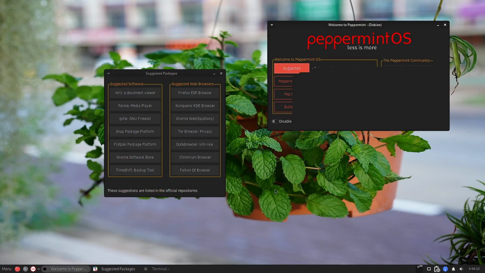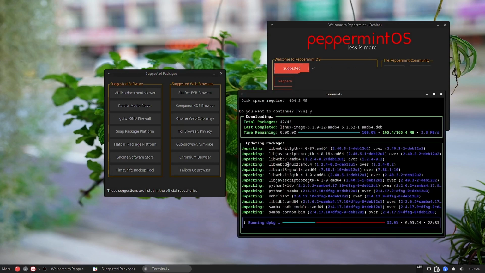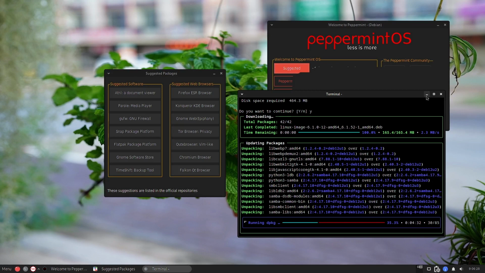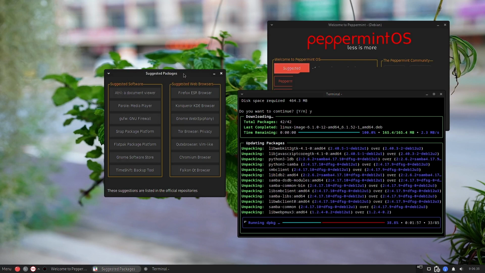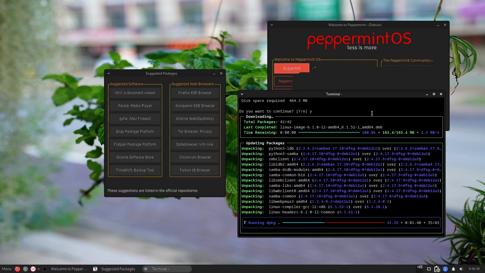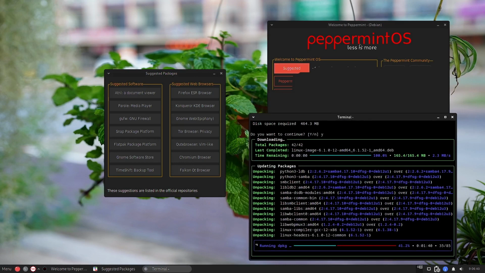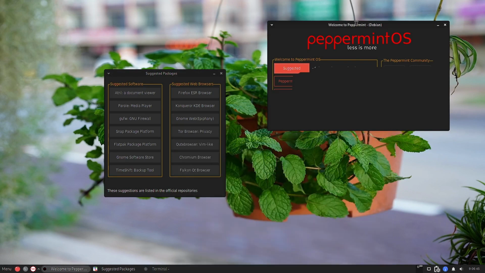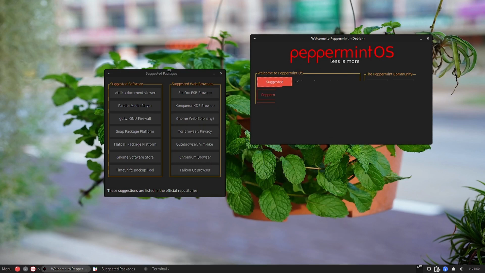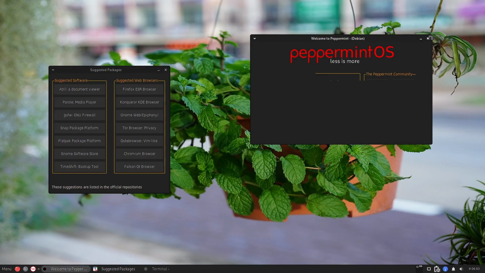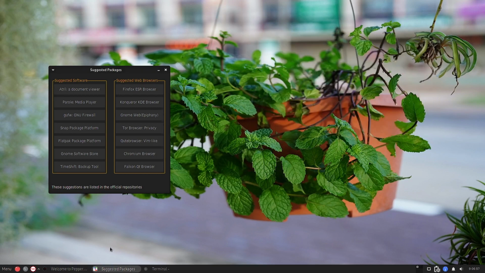What we will do is, I think the update is complete. No, the update is running. Without the update completing, we cannot install, because that will cause a block to the repo database. So we cannot install right now. Let the update complete, and meanwhile we can check out the other things in the welcome app. Let me minimize and then again. Okay, it will take some time because the update is